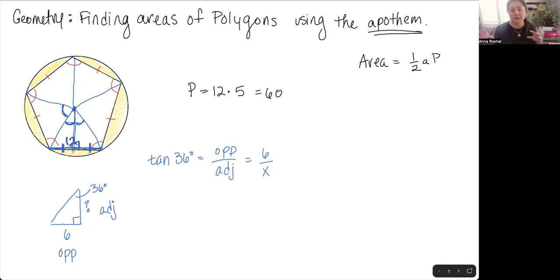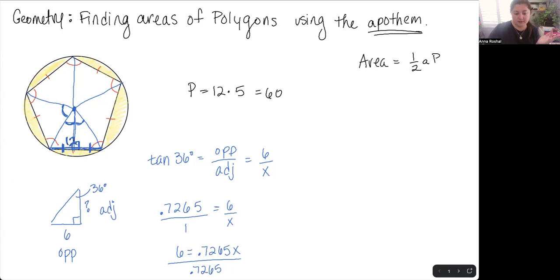Now, some calculators you can plug in 36 and then click tangent. Some of them you might have to click tangent and then 36. So it just depends on the type of calculator, just be aware of that. So when I found the tangent of 36, I ended up with 0.7265, let's say. 6 over x, and then I know that I can create two fractions and set them equal to each other, and I'm going to end up with 6 equals 0.7265x. Divide both sides by 0.7265, and then